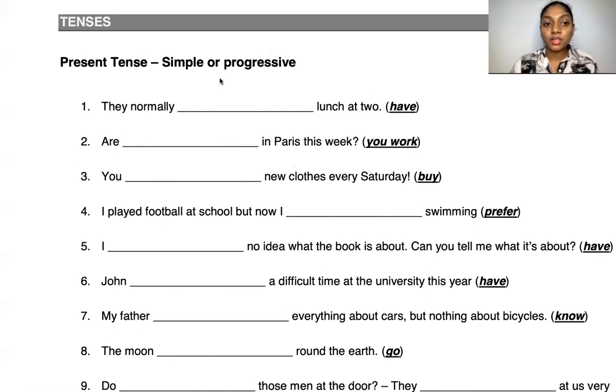Okay, so what about number 1? They normally... Those who know the answers, use the raise hand option. Okay, so they normally,